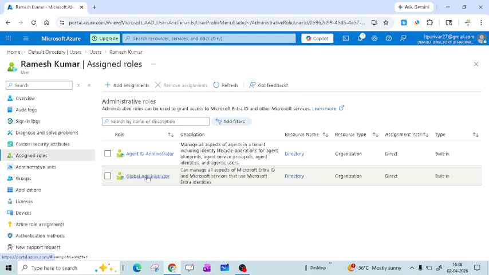This Global Administrator role is a privileged role, or we can say the topmost role, which can change anything. So if you have mistakenly assigned a role like Global Administrator to any user, you can remove it. Select this and click Remove assignment,